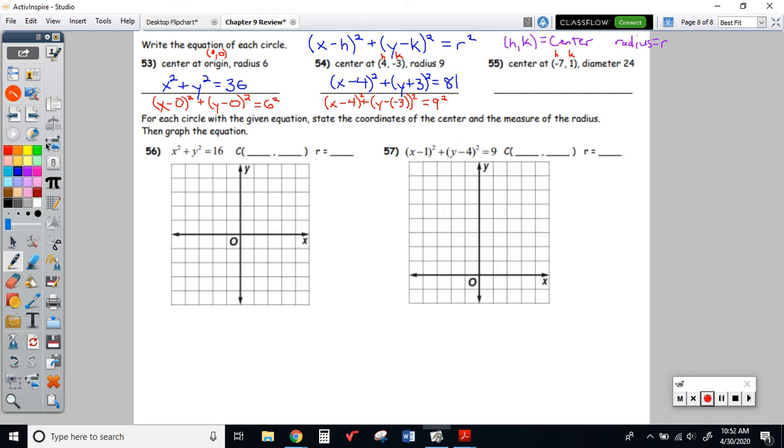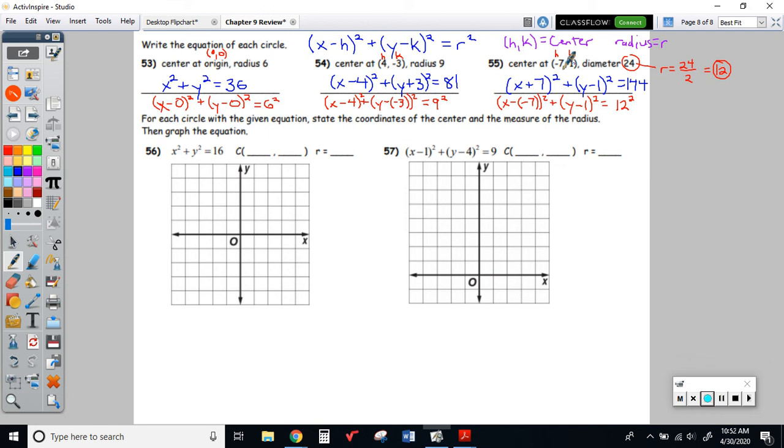And then here, center is at h, k, we'd have x minus -7 squared plus y minus 1 squared equals, and the diameter of 24 means the radius would be half of that. The radius would equal 2... 2? What am I saying? 12. I wrote down 12 where I wanted to write 2, and I wrote down 2 where I wanted to write 12. There we go. 12 divided by 2, you get 12. So the radius is 12, so you're squaring 12. And so you've got x plus 7 squared plus y minus 1 squared is